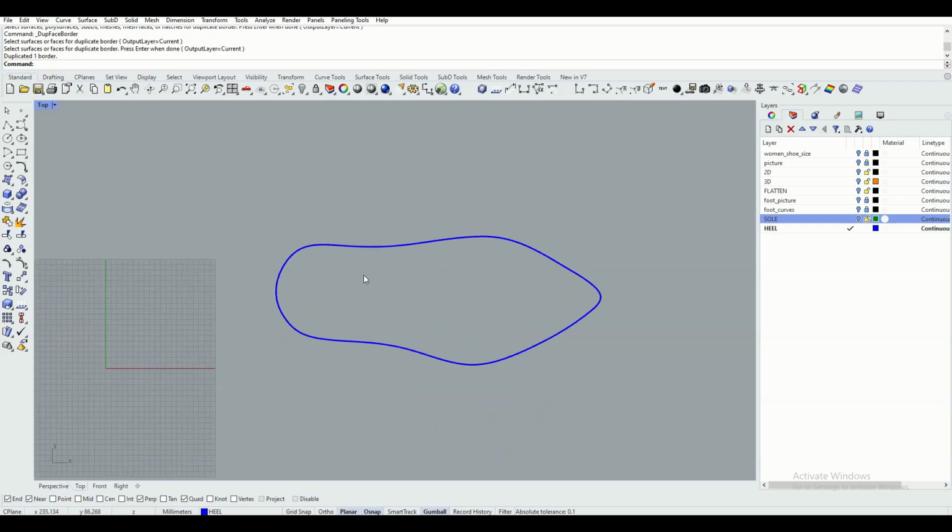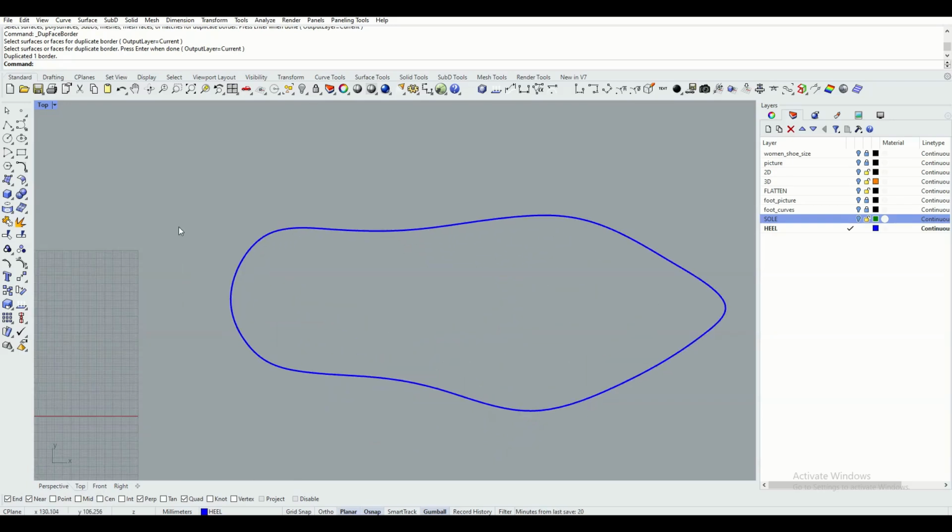From top view, we can use the OSNAPs, near, click on some point on the curve, then in the middle, and then on the other side of the curve.